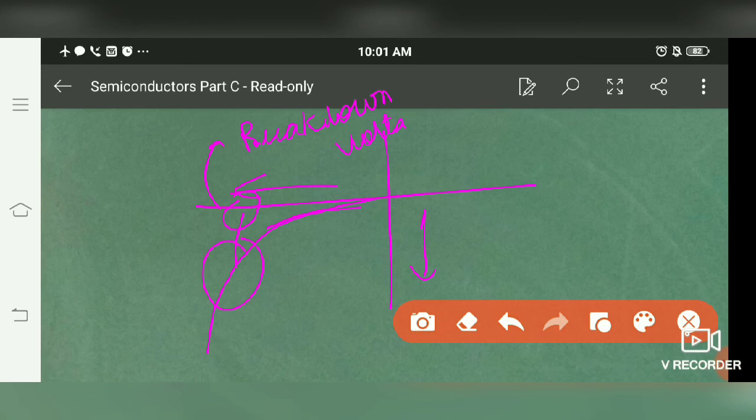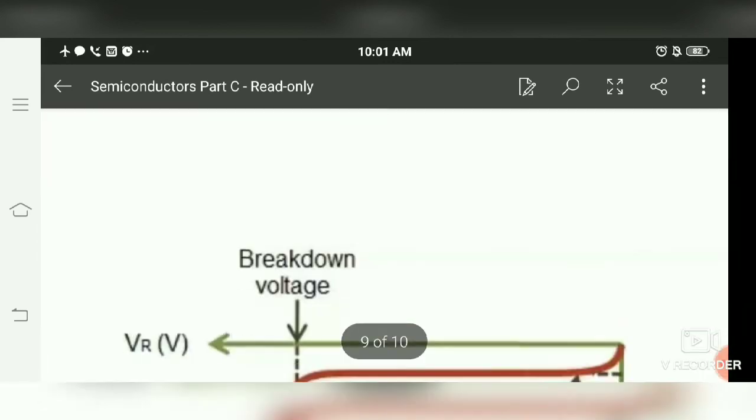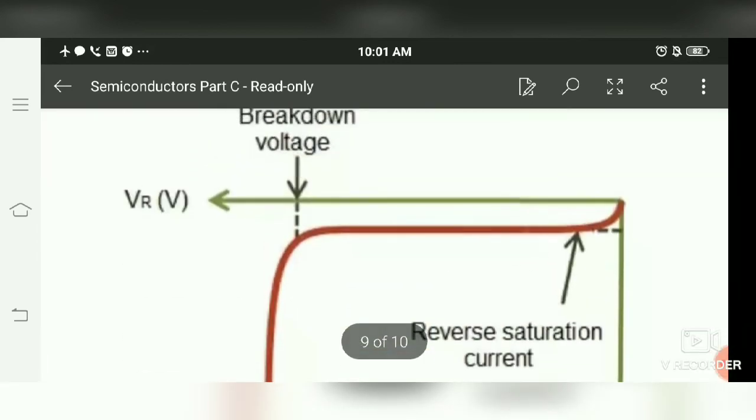And an avalanche will occur here. What is an avalanche actually? In P and N, when reverse biasing is done, it will start breaking the bonds, due to which the number of charge carriers suddenly enhances very highly. As a result, this PN junction after the avalanche or breakdown is not able to work, because the device gets damaged due to the breakdown of the bonds. So these are the characteristics of reverse biasing.